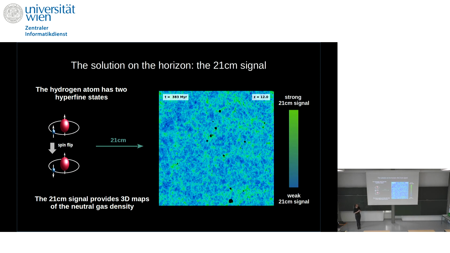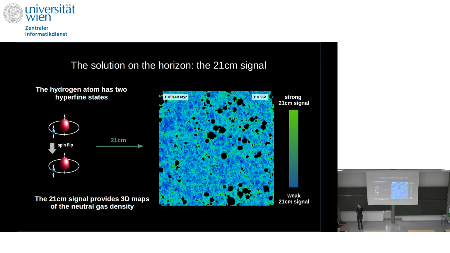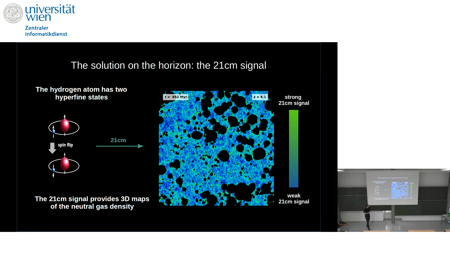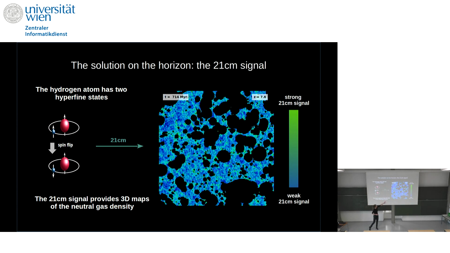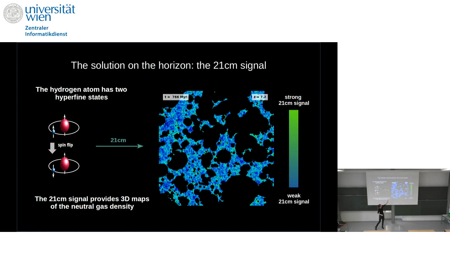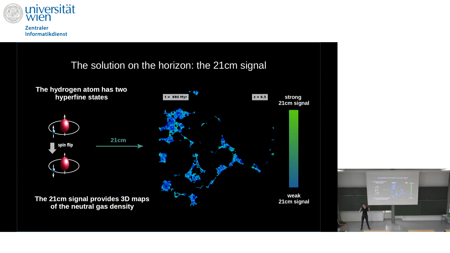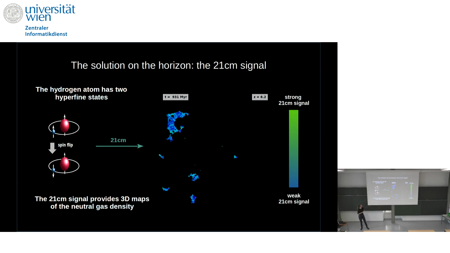And so the hope here is on the 21 centimeter signal, which is the spin flip transition. It can only be emitted from neutral hydrogen, so during the epoch of reionization. This is a simulation: in color you have what you would see as the 21 centimeter signal. Then you can see the ionized regions growing, and you don't see any 21 centimeter signal anymore. If we could map this signal, we could follow this process. And this is exactly what radio interferometers are trying to do.